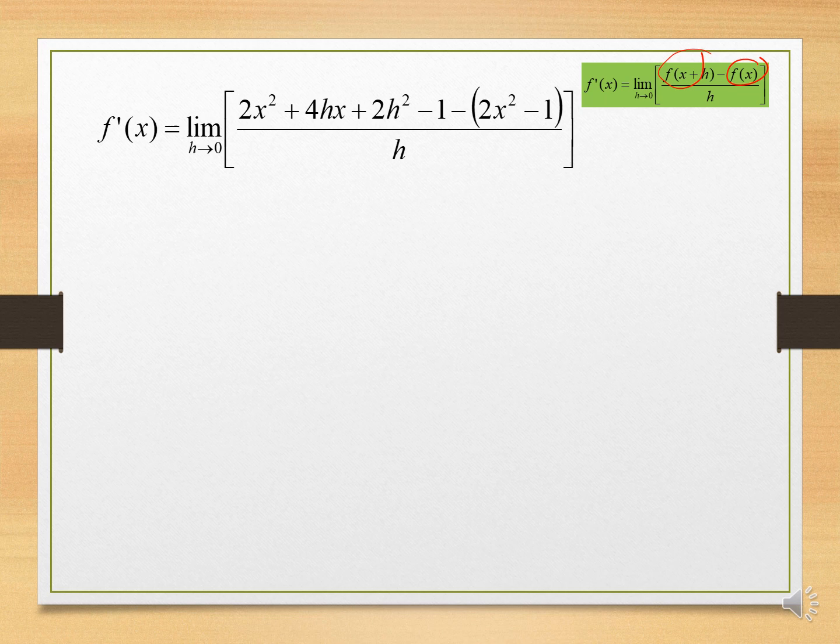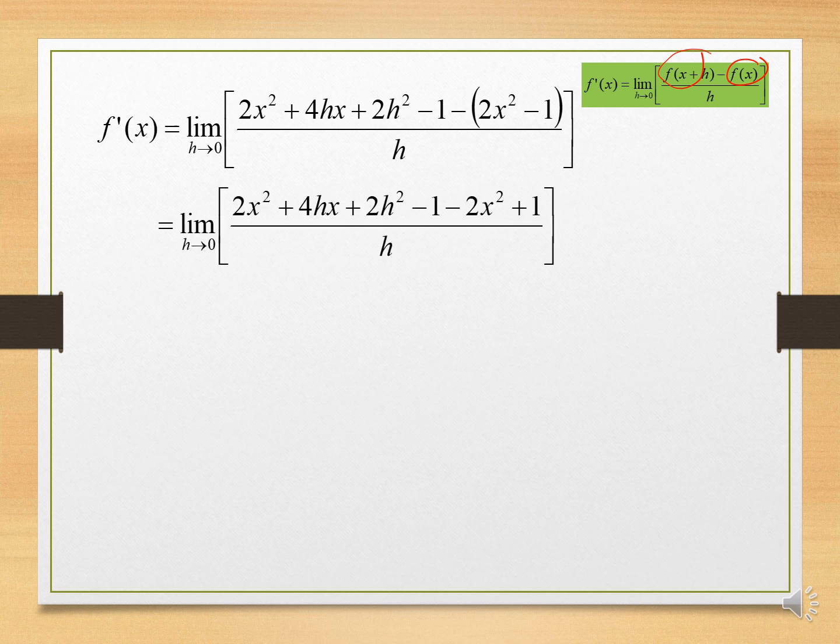With that you can expand the negative inside the bracket, where you will get negative 2x squared plus 1. Okay, next for sure we have to cancel. So 2x squared and 2x squared will cancel, and minus 1 plus 1 also cancel each other, where you simplify and get the answer